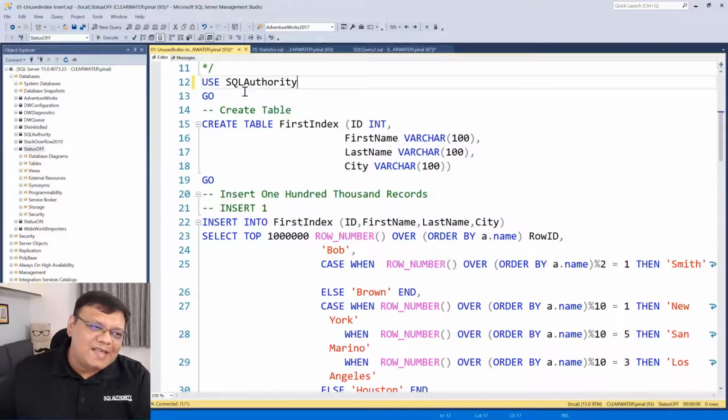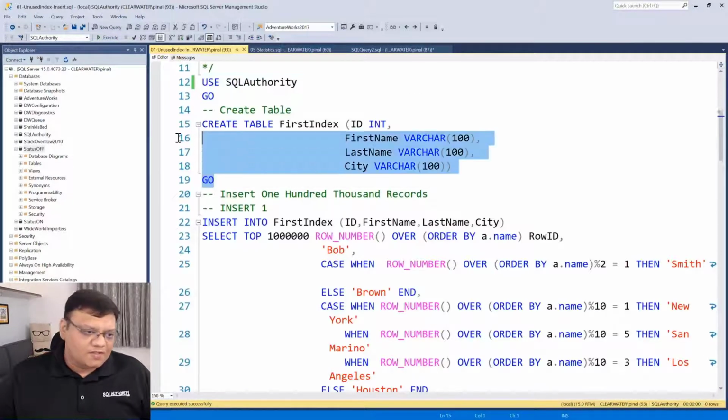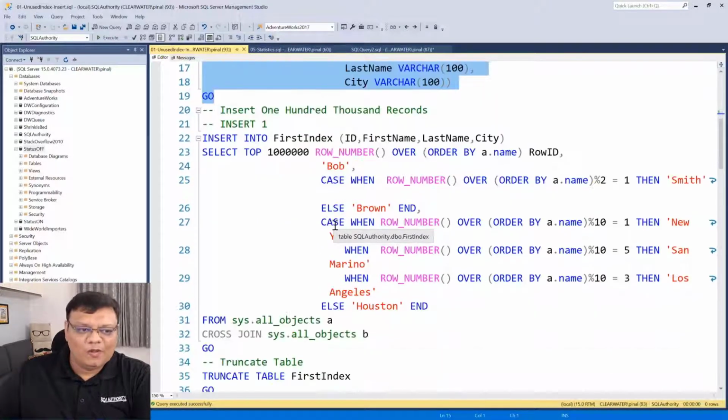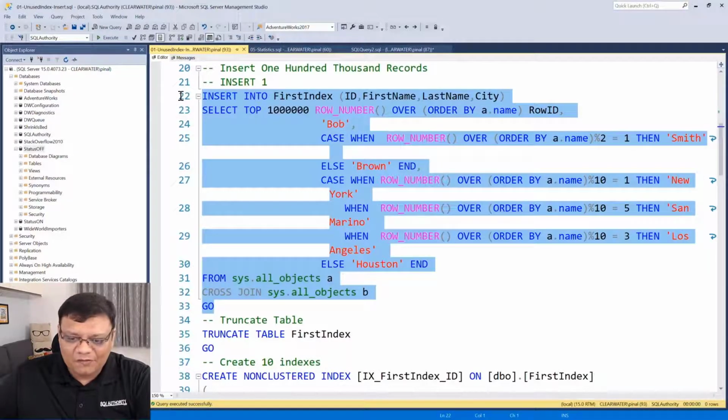The reason I use TempDB is very simple, because I do this for a living. I go to different clients' places, and I also do online presentations. Every time I create any object, like the one I'm going to create right now, called first index, I forget dropping them. So when I restart my computer, TempDB is automatically recreated, and I don't have to explicitly drop all the objects which I forget to drop. That's the reason I use TempDB for demos, no other reason. I think a couple of your concerns were that TempDB has a different mechanism. It does, but it won't affect my demonstration.